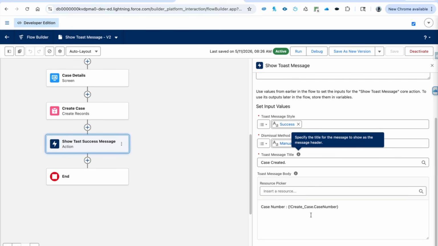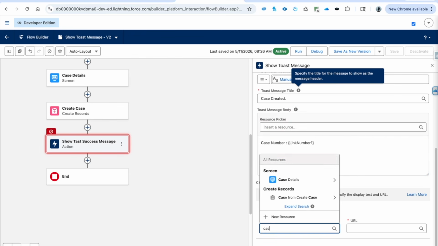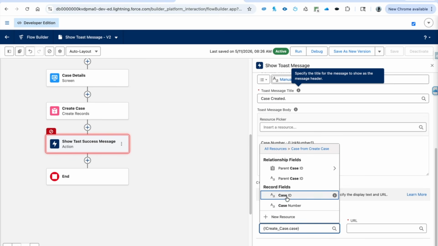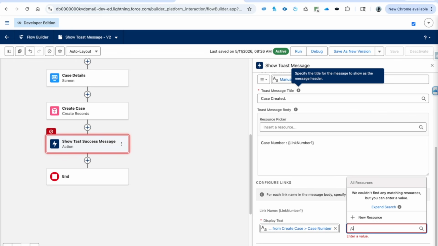Now you might have a question like, Shubham, okay, this is fine, but what if we want to create a link out of this case number? For that they have this functionality. You simply need to add the curly braces and over here type some text, let's say link number 1, right? And as soon as you type anything in between the curly braces, you will see a display text. So in display text I want to type case number, and in the URL I will simply add a slash